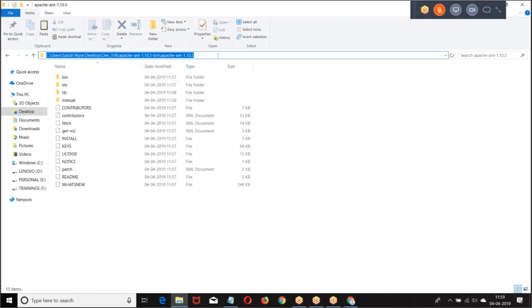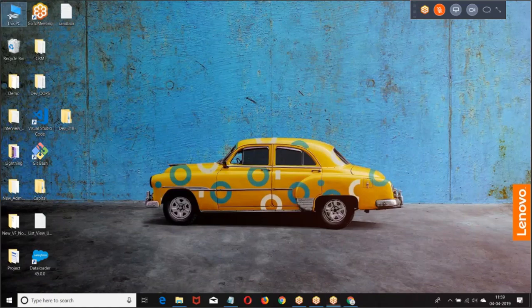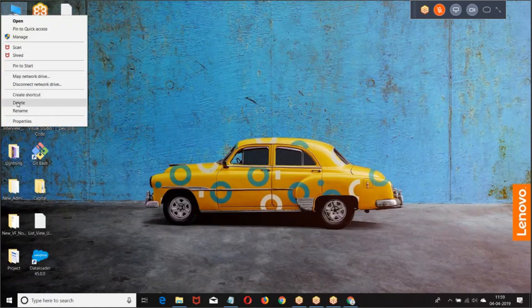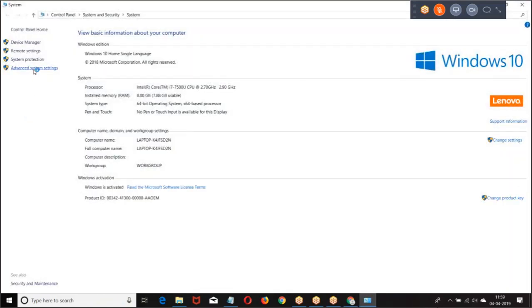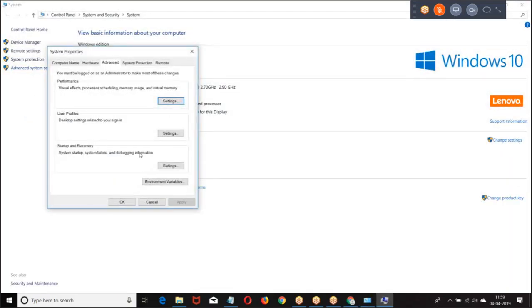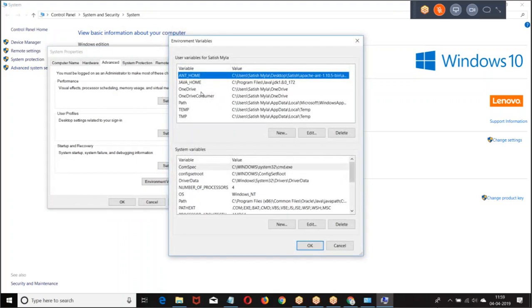Set the environment variables. We downloaded, we extracted, and the ant-salesforce jar file is pasted to the Apache ANT library files. Then we are supposed to set the environment variables. Go to this PC properties, advanced system settings, environment variables.